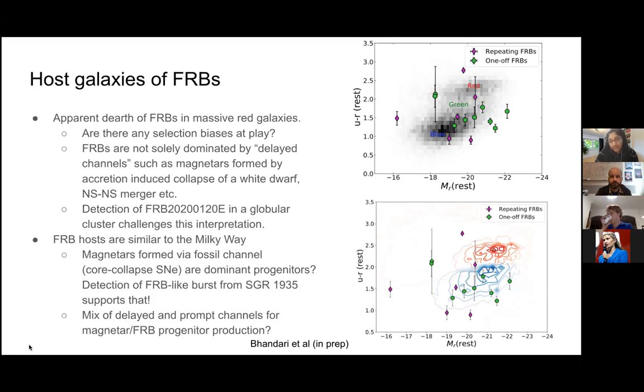So if you look at this plot, which is famously called the color magnitude plot, it tells you about the overall stellar populations of the field galaxies, and then we compare them with the FRB host galaxies. So this cloud here is the blue cloud, where most late type galaxies and star forming galaxies and young stellar